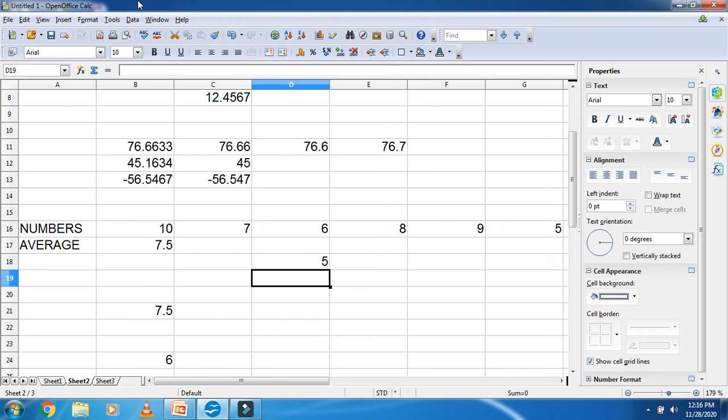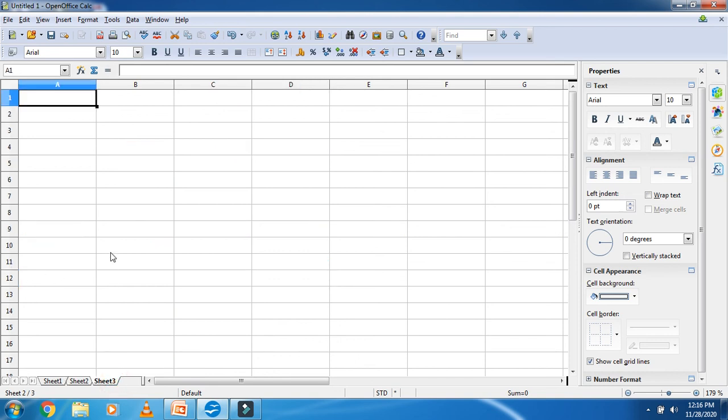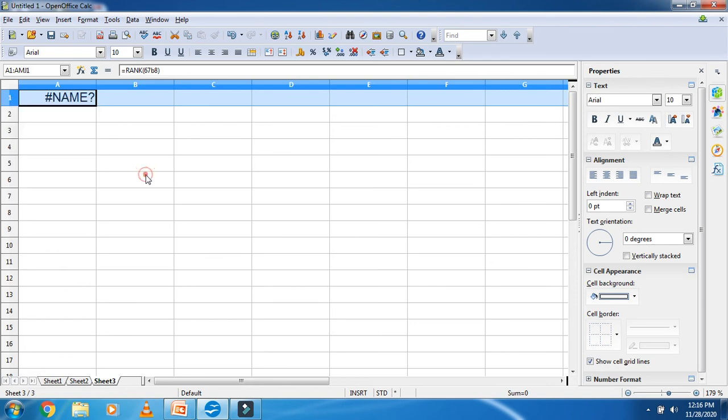So the general form is rank, I am showing here practically, students. Equal to rank, bracket open, I am writing here suppose 67, and before that I add these numbers.